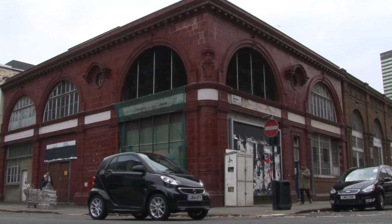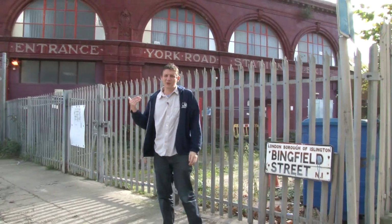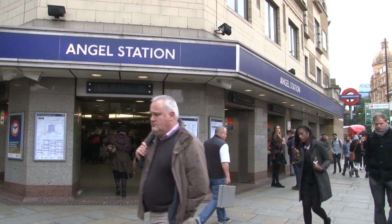And welcome to part 2 of London's abandoned tube stations, where we're touring around 19 locations that you can still see in London today. And we pick up the trail again at Angel Station on the Northern Line. When Angel Station, famous for its old narrow island platform, was rebuilt in the early 1990s, it got a whole